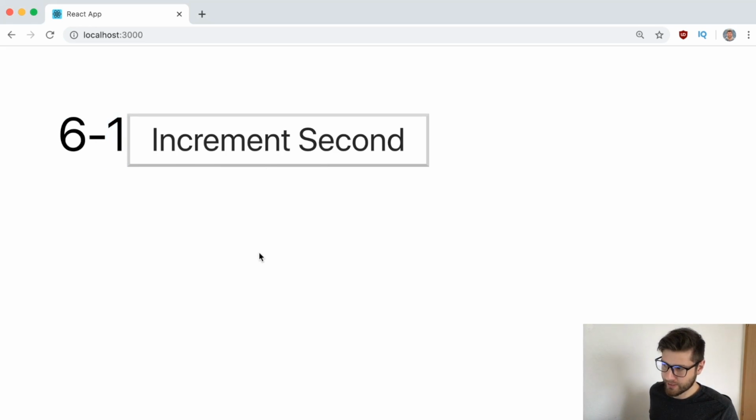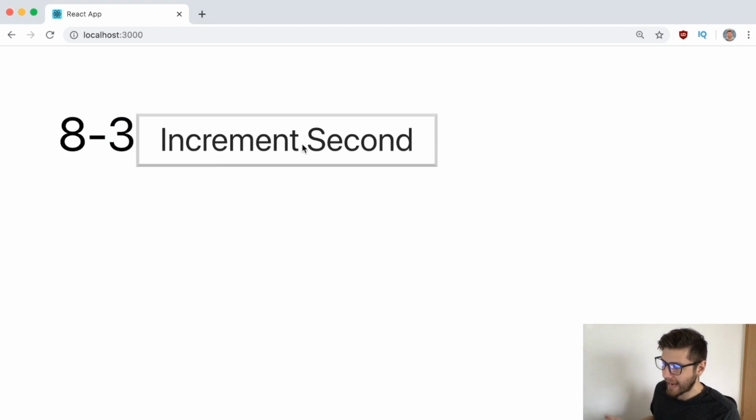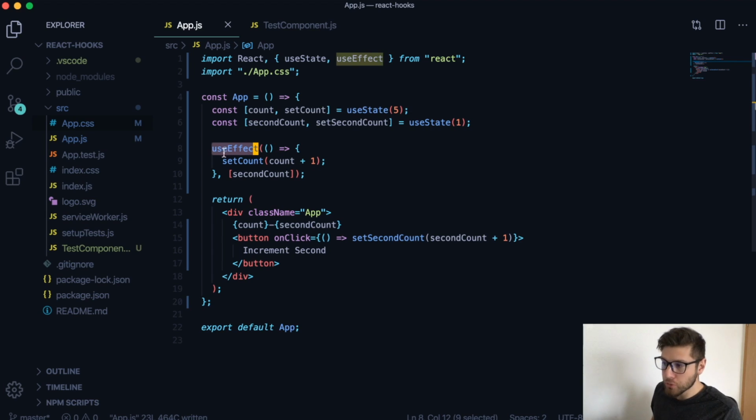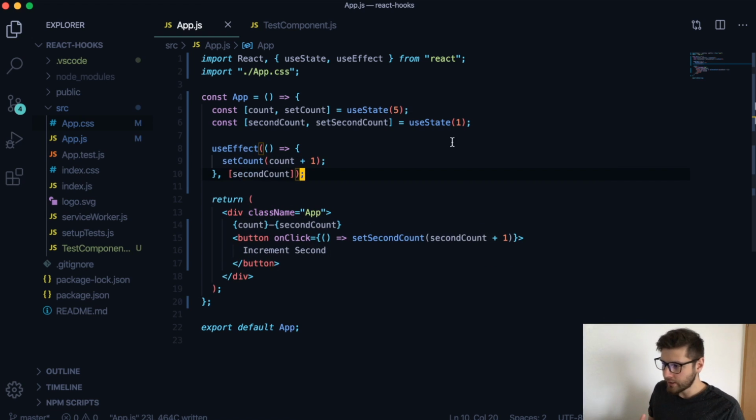So that means 7. So I do this, we'll have 7 and 2. I increase it, we'll have 8 and 3, 9 and 4, 10 and 5, and so on. That is how you could control this useEffect to only run on the instances and the times that you want it to run. Okay, and now the last part, let's use useEffect to actually run something on componentWillUnmount, which is